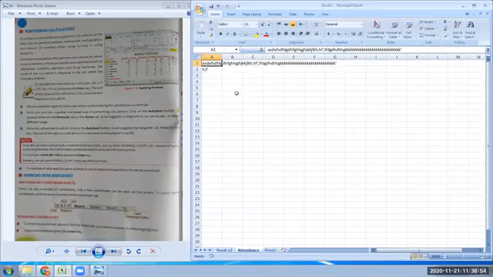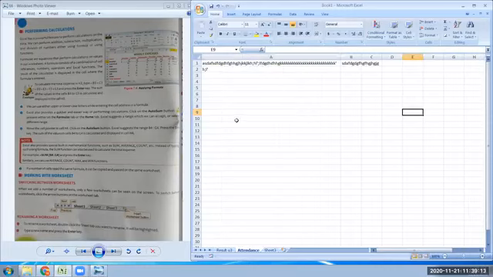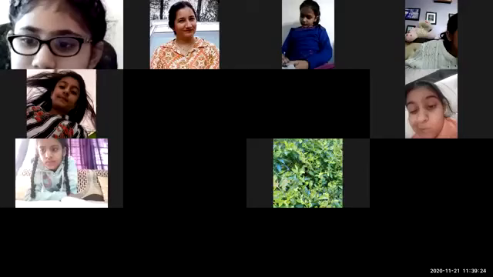You will not be able to type anything in B cell till you click on the cell. The moment you click on the cell, whatever you type goes to B cell, like this. In order to see this, if you click here, this is what was typed in A cell, and this is what was typed in B cell. This way it happens. Is that all right, Supriya? Okay, thanks, ma'am. Welcome. Supriya, you can lower your hand.